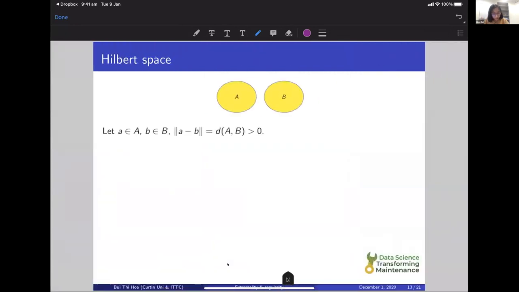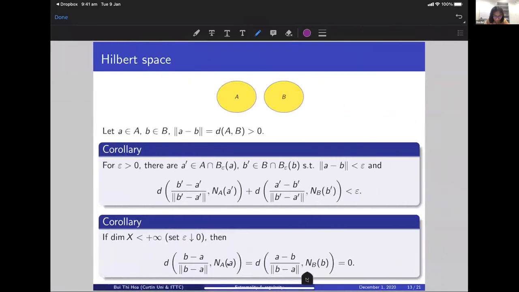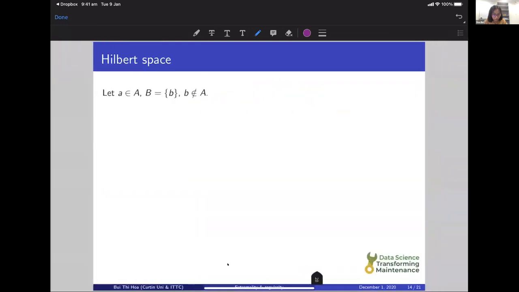Okay. So in Hilbert space, for the settings A and B here, we do the same arguments. So we will have that when the space is finite dimensional, and then we set epsilon to 0, then we have this nice result. So this one is x star. This minus x star. So this is in Hilbert space. So just keep in mind that in Hilbert space, we know exactly what the formulation for x star is. So now